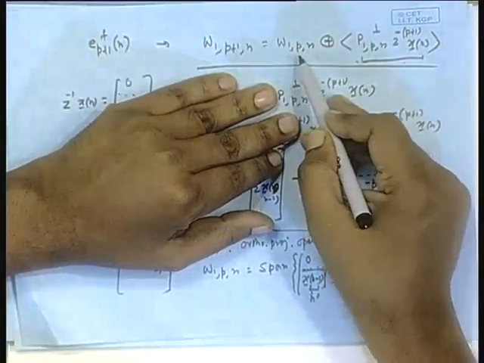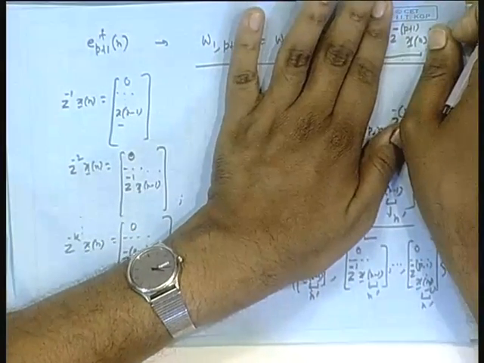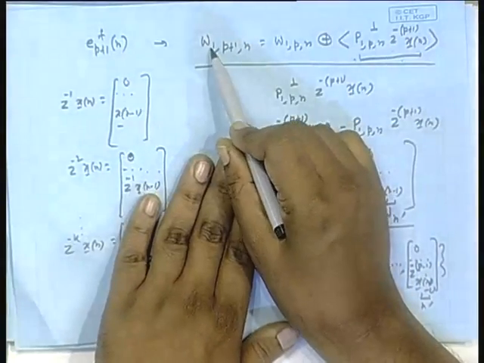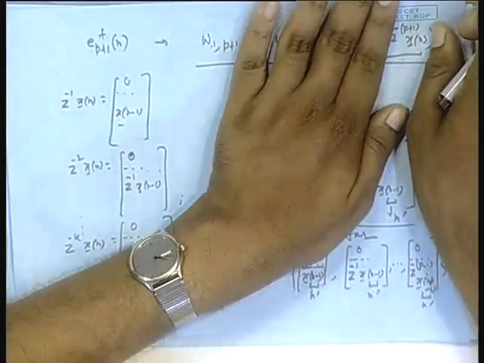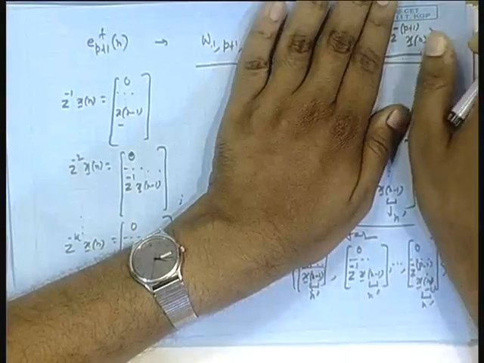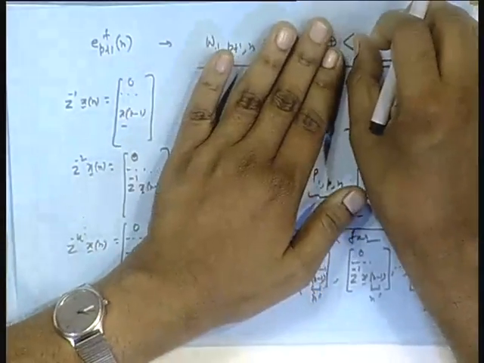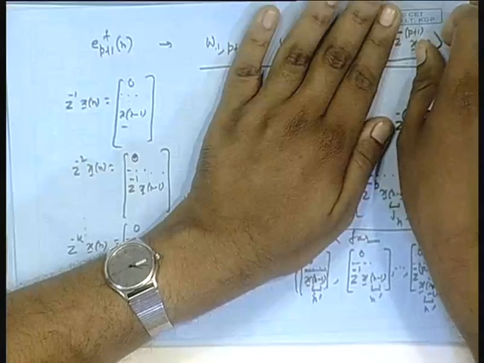This is contained, and that means if I take the projection of this guy, this last guy I am talking of, this is Z inverse 1 x n up to Z inverse p plus 1 x n. The last fellow is this Z inverse p plus 1 x n. Suppose this is already contained in this space. So, if I project it, I will get back this fellow only, and the error will be 0.